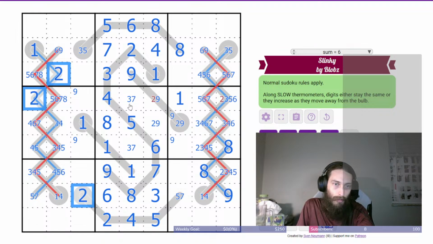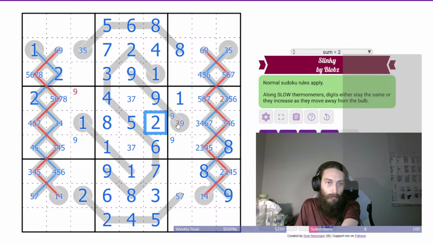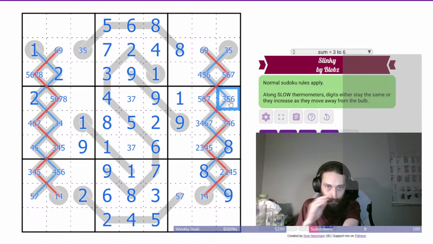So this is where our 2 goes, making this a 9, this is a 2, which makes that a 9, pulls those out, places a 9 here. This is not a 2, which it couldn't be anyway because of some things, but okay, so with that 2,